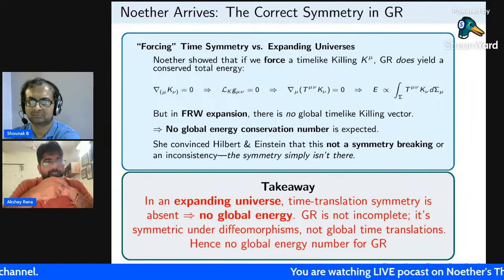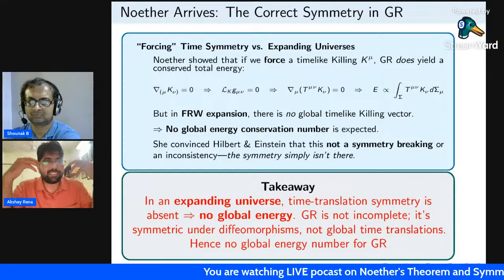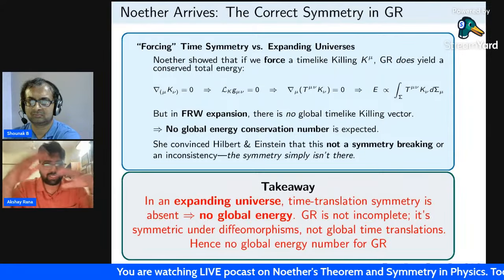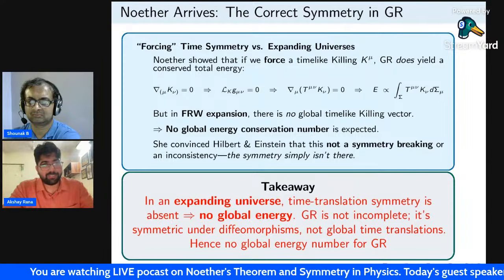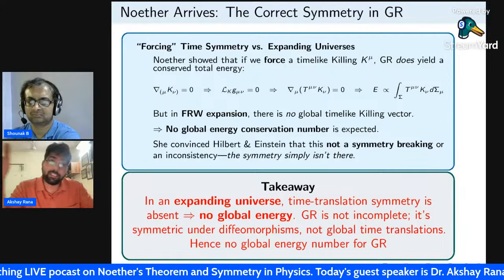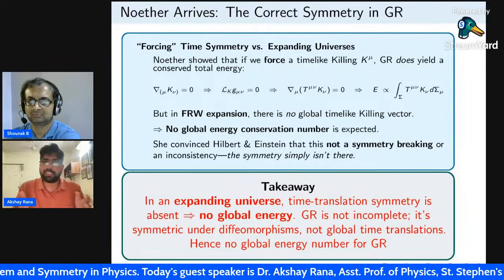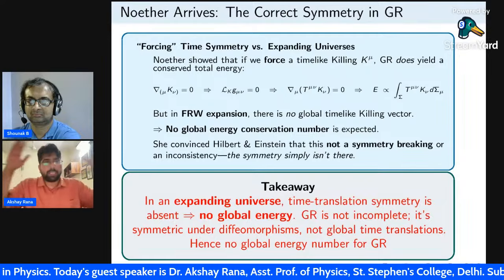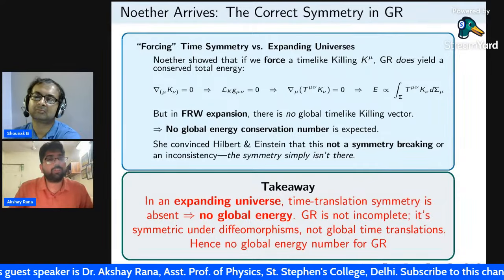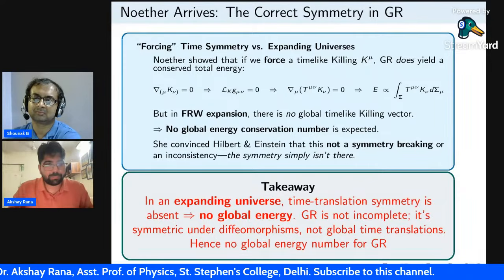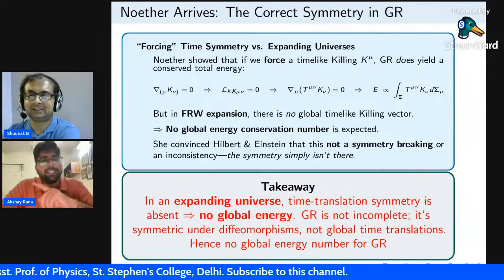And that's how Einstein and Hilbert got convinced, okay, this is going to be our general theory of relativity, which is not time invariant, which is going to have local symmetry. In local space-time there is going to be energy conservation, but as a universe as a whole, there is not going to be any global energy conservation principle. And just to tell you that,